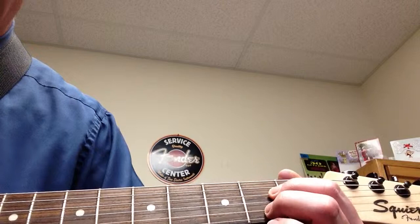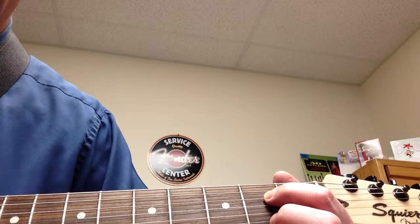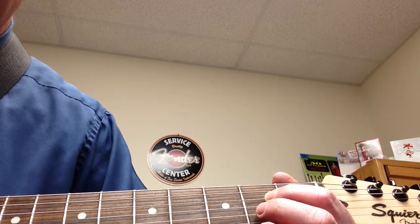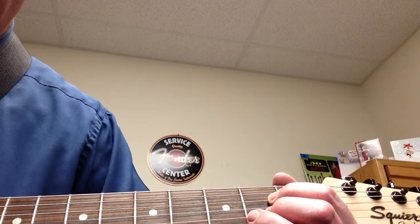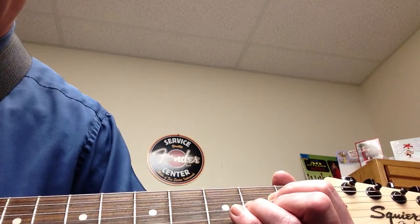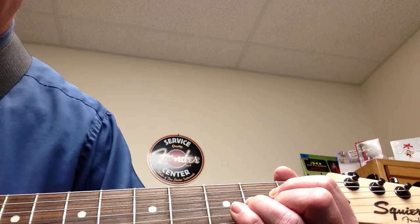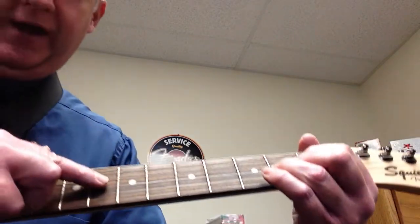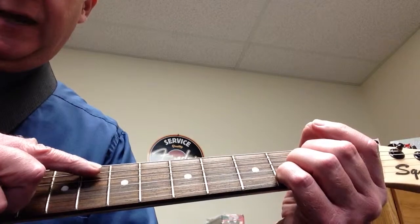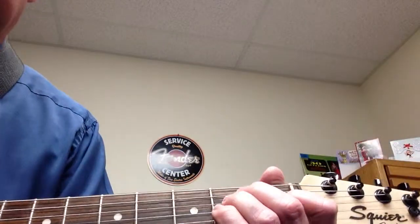That's one way, and the other way is like a D chord almost. First finger on the D string, 2nd fret, second finger on the B string, 2nd fret, and then 3rd finger on the G string, 2nd fret. And you play whatever variation works for you, and you play it from the A string down. And then the final one is